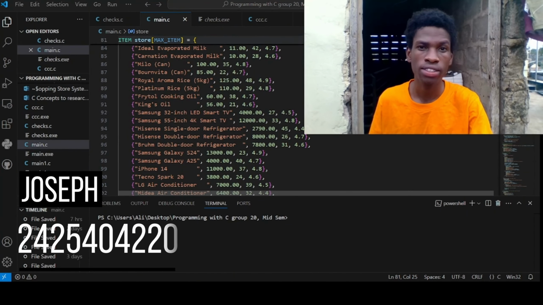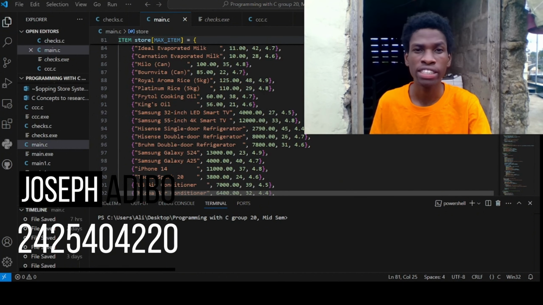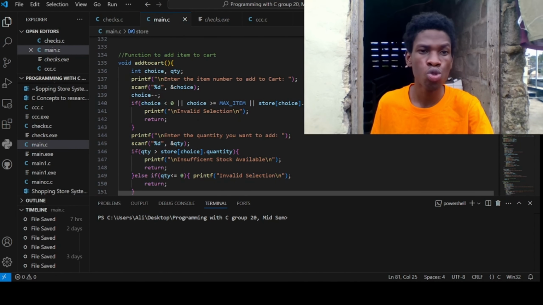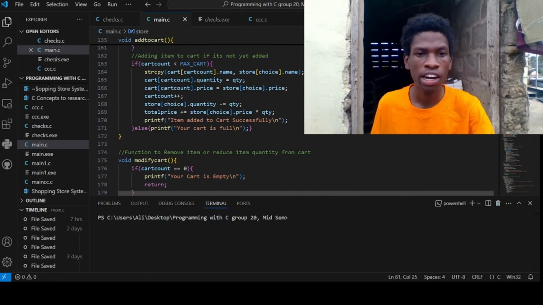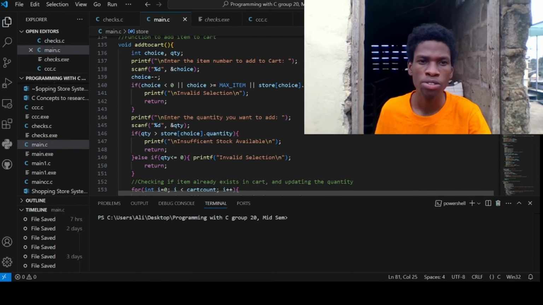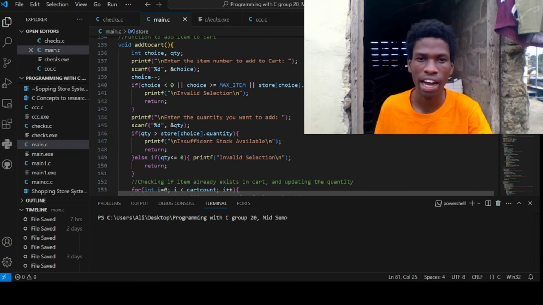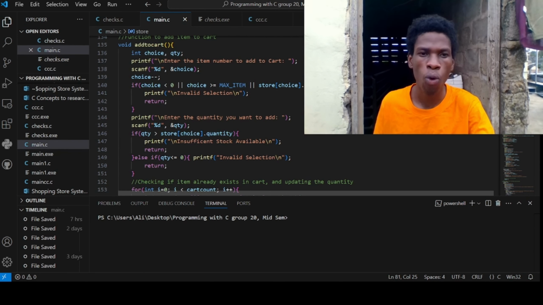In managing the user's cart, we use the store array and the cart array. The store array stores items in the shop and the cart array stores items that are added by the user. We also declared 2 non-return functions using void, the add to cart function and the modify cart function. The add to cart function allows the user to enter an item's ID in order to add the item to the cart. The user's input is stored in choice, and choice is reduced by 1 because of the 0-based indexing